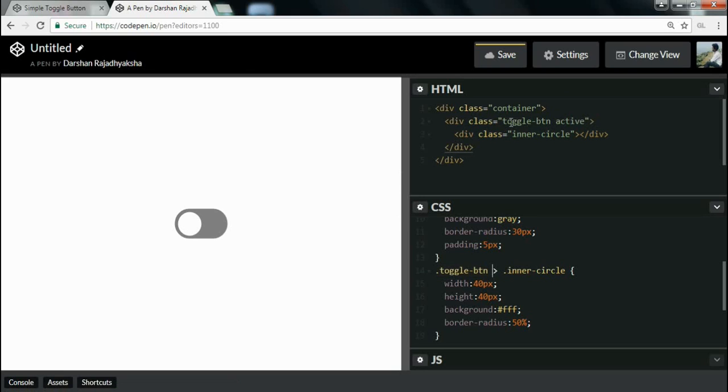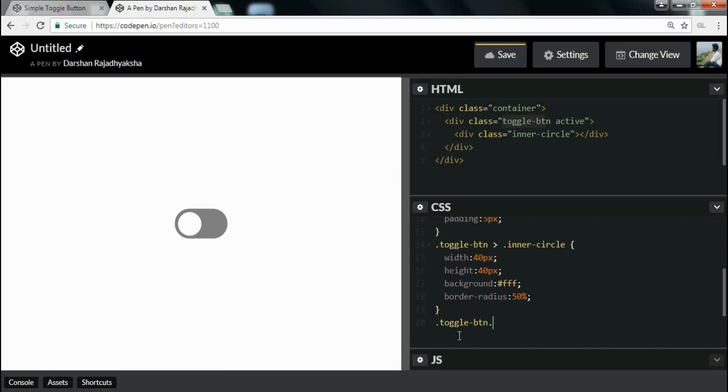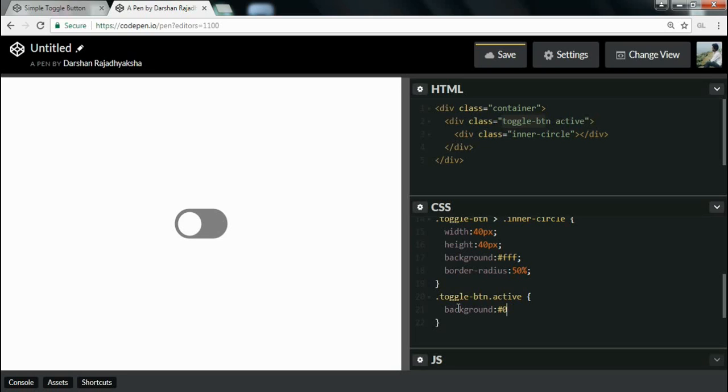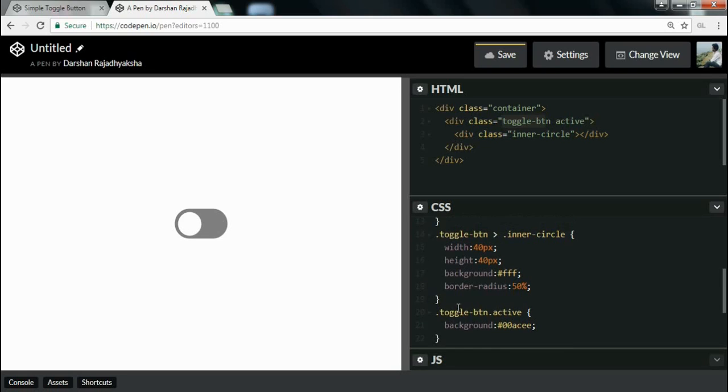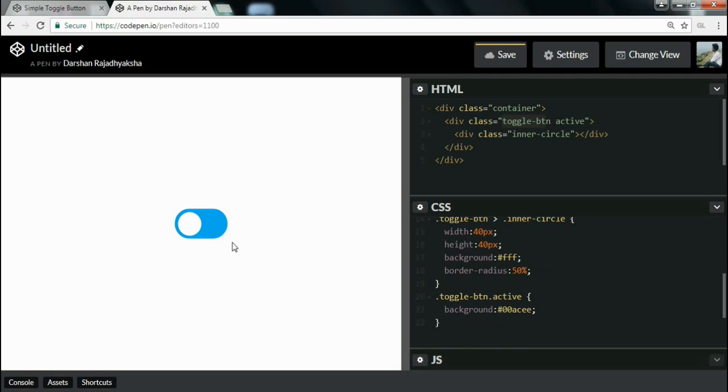So I will copy this, write dot active, which means when I add the active class to this toggle-button, I will make its background sky blue color, having the hex value of 00ACEE. As you can see, we have changed its background color when it's in active state.